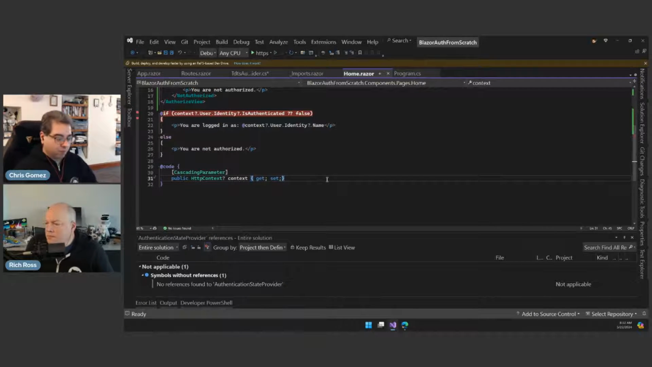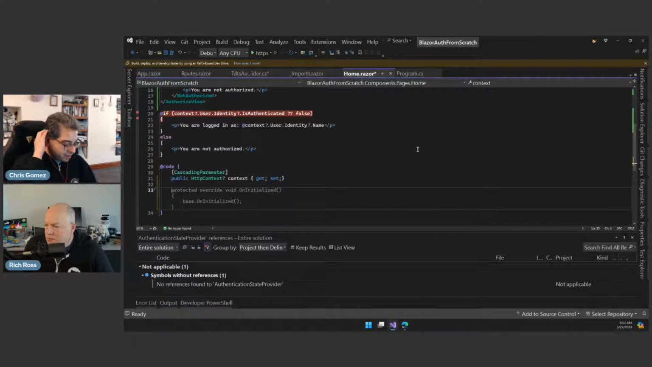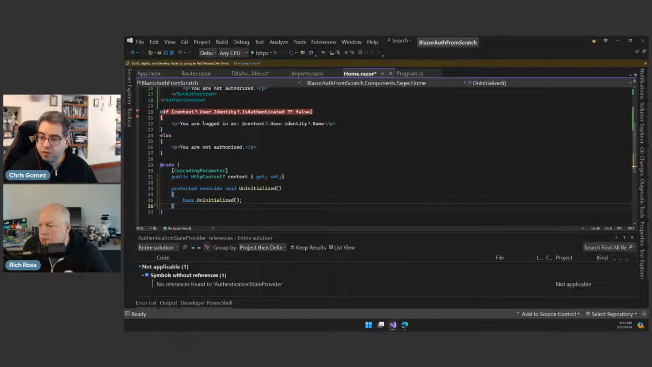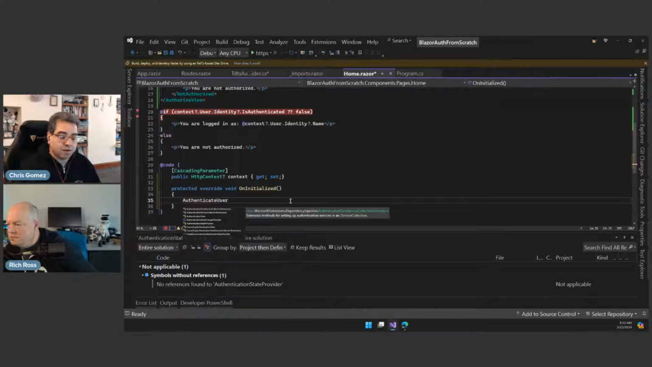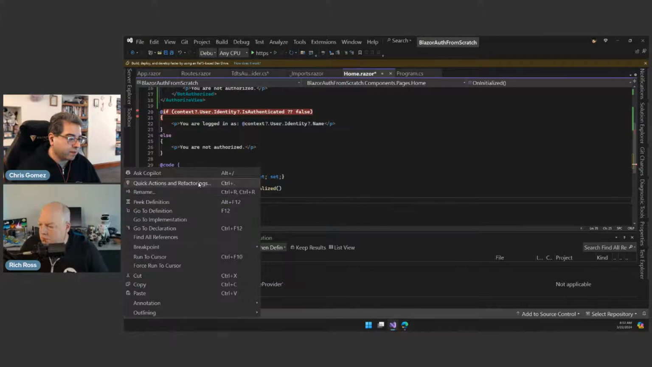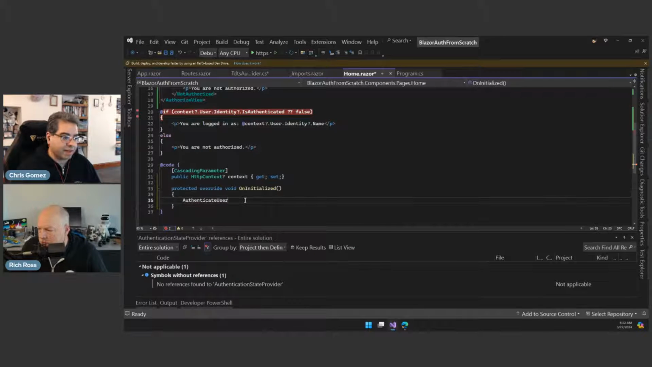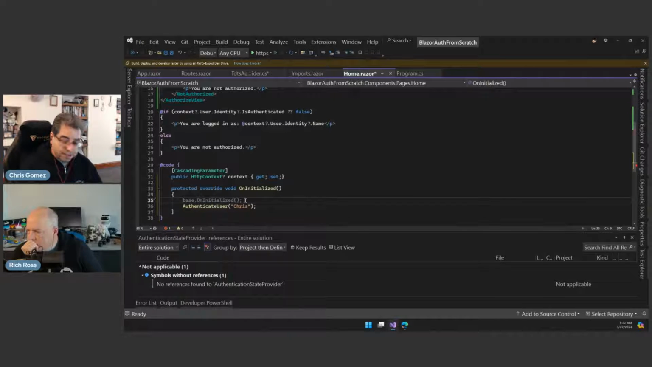So what if it makes sense for me to override on initialized, and then in here say, what is that thing called? It's called authenticate user, but it's not going to be that easy. And let's say that the username is me, and I don't need anything else, but we're going to have to call this thing, and